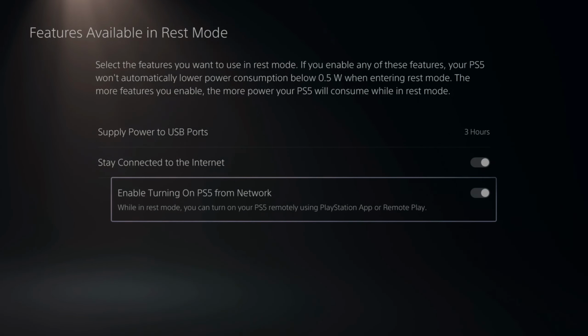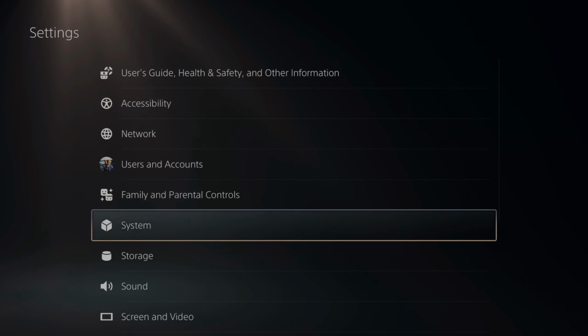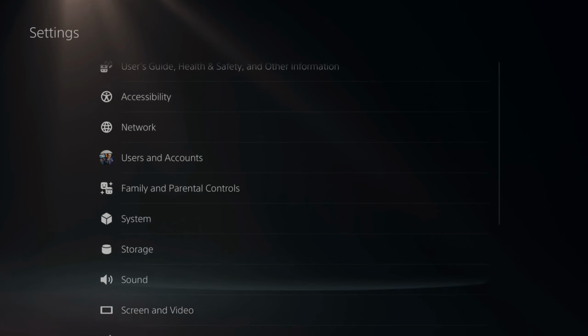Sometimes I will download games from my phone and then have them sent to my PlayStation 5 automatically. In case there's a new download or a new game came out and I want to have it on my PlayStation when I get home and have it ready and installed, go ahead and make sure this is checkmarked on. Then back out here and let's go to the main settings menu and then scroll on